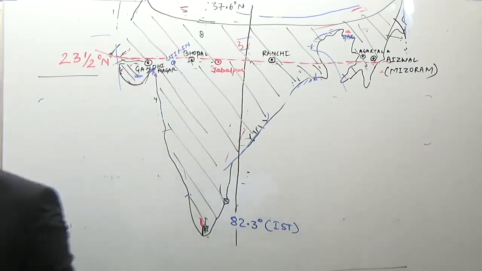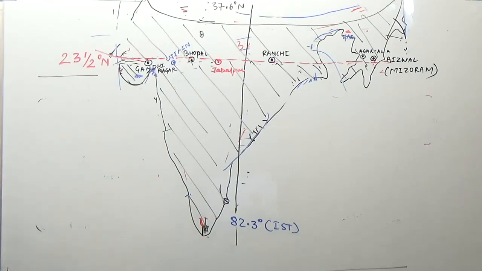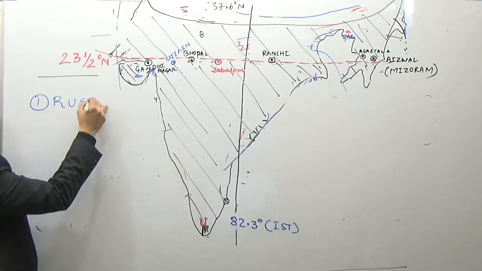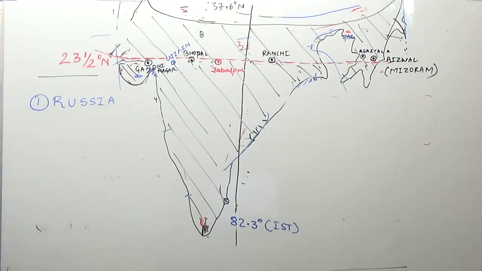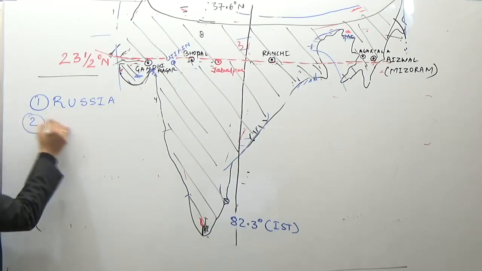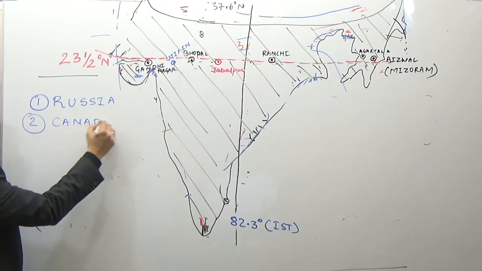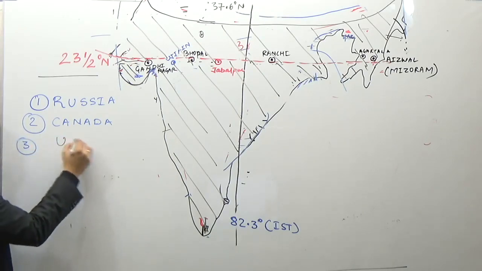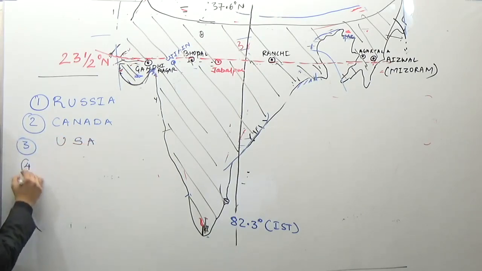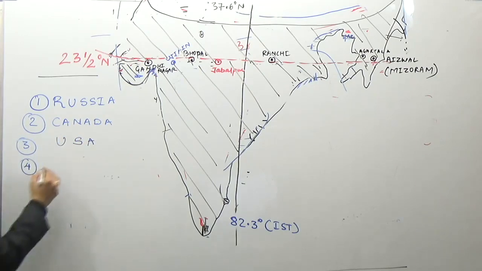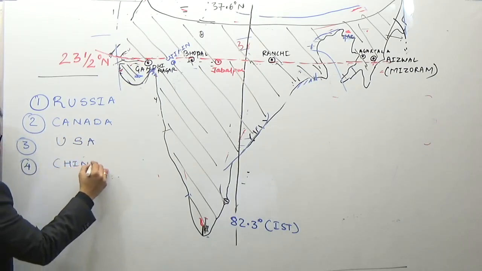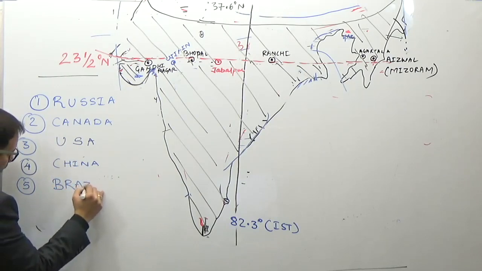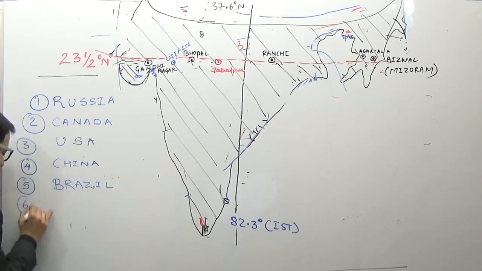How big is it? India is the 7th largest country in the world. The biggest is Russia. The second biggest country in the world is Canada. The third biggest country in the world is US of A. The fourth biggest country in the world is China. The fifth biggest country in the world is Brazil. The sixth biggest country in the world is